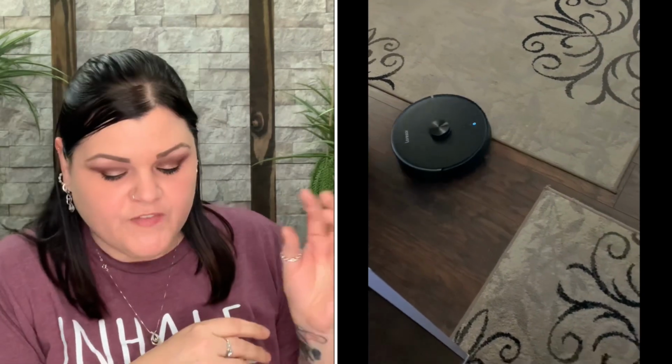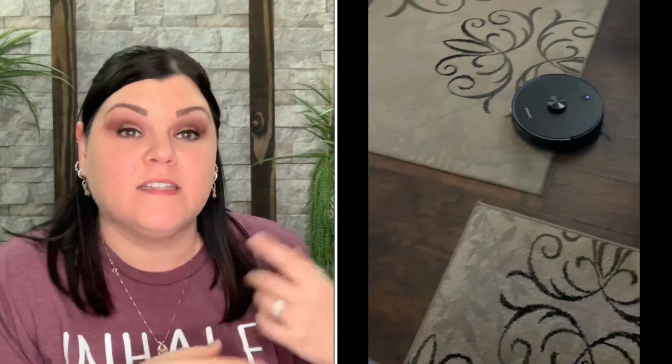So when you do plug it in, you do have the indicator lights that light up. You do have one for fill up. If it says fill up, then that means that the bag is full. So I really like that it does have a sensor even to tell you when the bag is full. There's a bright flashing light that means it's collecting dust. So when it goes back home, it's kind of neat because it kind of gives you a warning. It's like, woo,